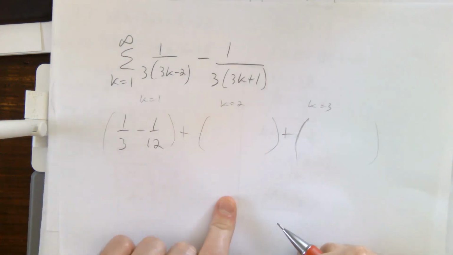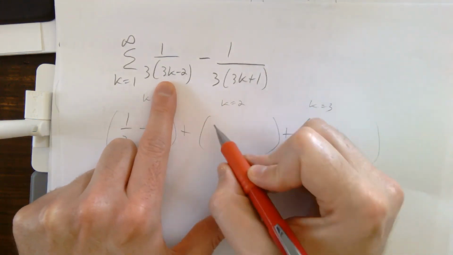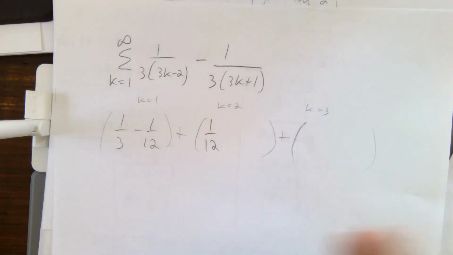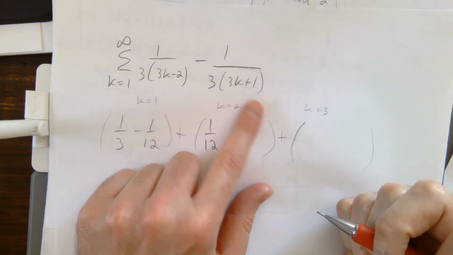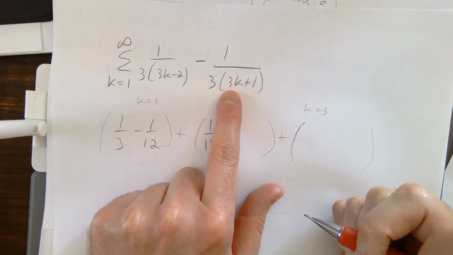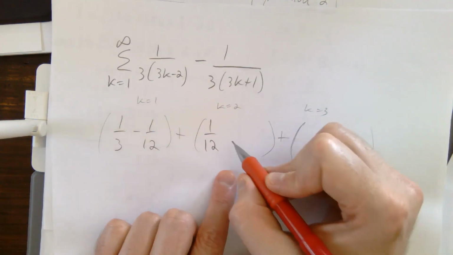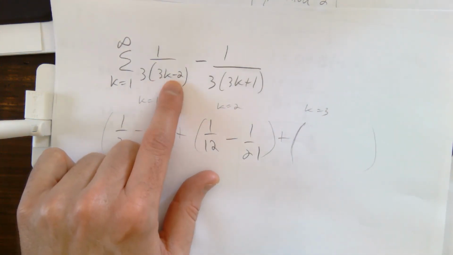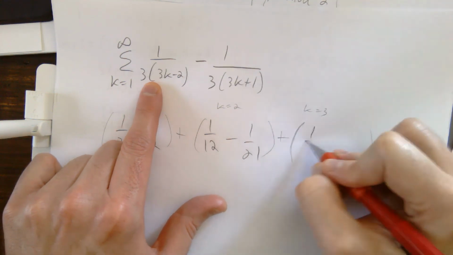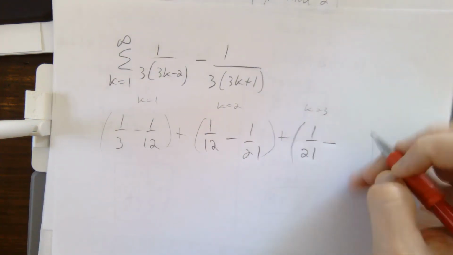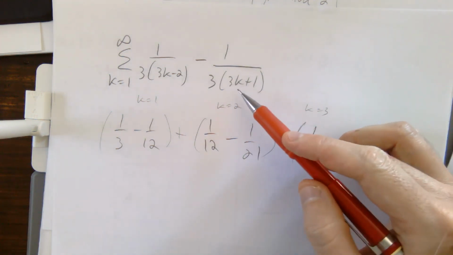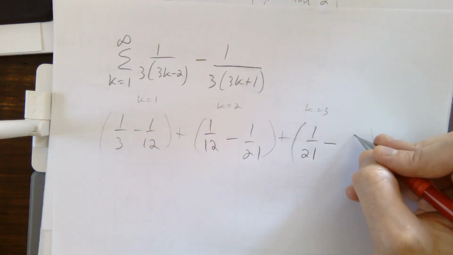K equals 2. We have 6 minus 2 is 4. 1/12. Yay, this cancels right away. I like to see that. Sometimes it takes several terms. K equals 2, we have 6, 7, 21. All right, k equals 3, hopefully 21, right? 9 minus 2 is 7, times 3 is 21. And minus, so this is enough terms. 3 times 3 is 9, plus 1 is 10, times 3 is 30. And we can see that